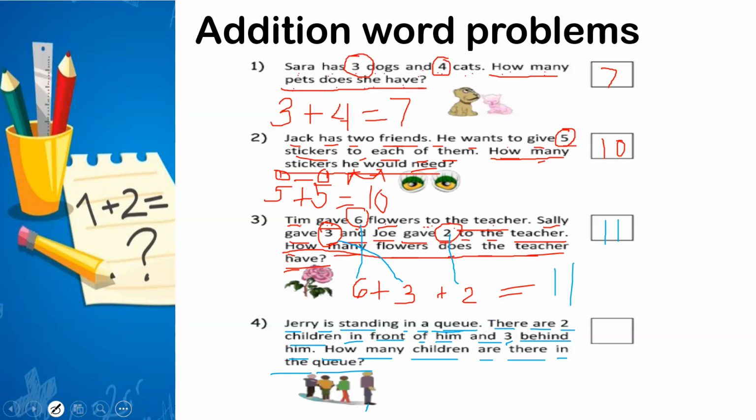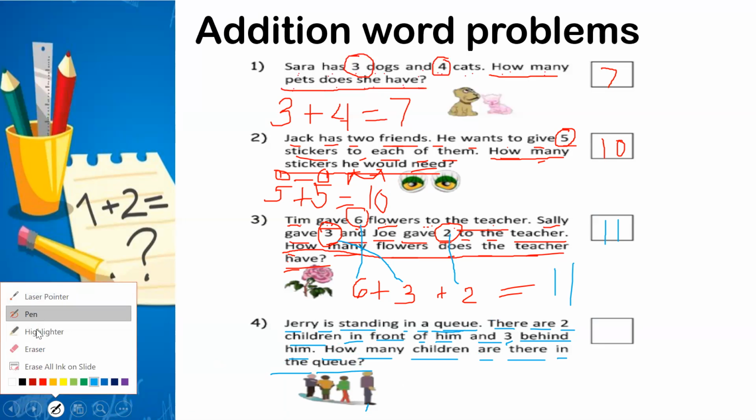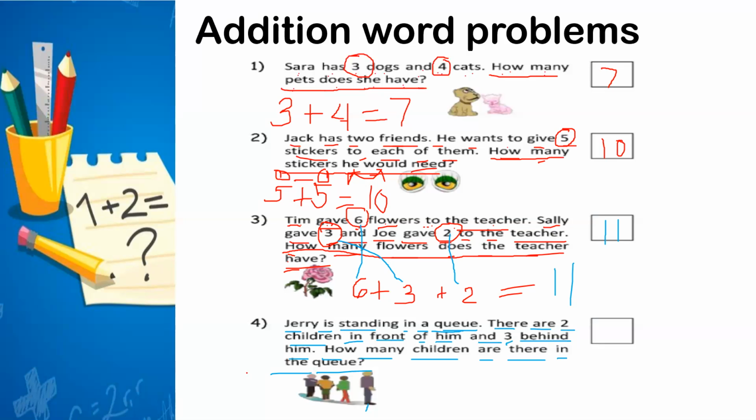Okay. Now, I'm gonna change it to red again. Sorry. Okay. Circle the numbers first. Circle the numbers, okay? 2 and 3. Okay, now underline the question. How many children are there in the queue? Okay, now write an addition sentence. So